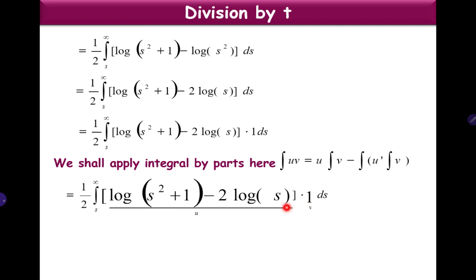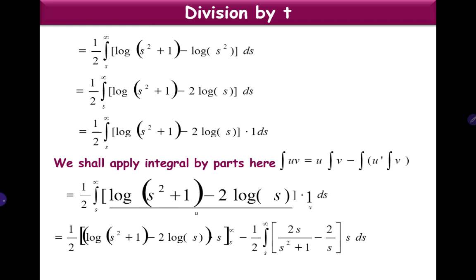So now if we apply this integration by parts formula, we get 1 by 2 times u into integral v, that is log of (s square plus 1) minus 2 log s into integral of 1, which is s, within the limits s to infinity,